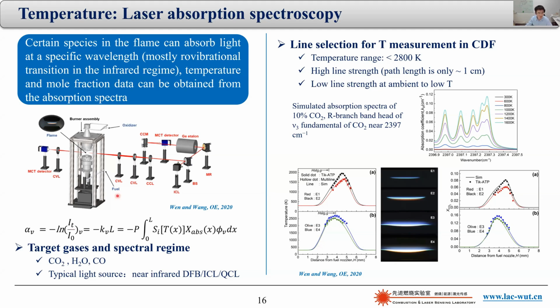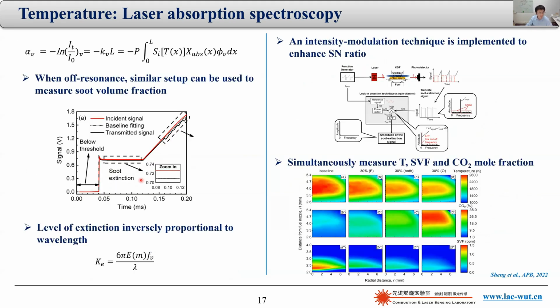Actually, this method is a workhorse now in our lab to measure temperature field in counterflow flames, because you don't have to worry about the intrusiveness and all the corrections I mentioned for the thermocouples. If you look at this setup, you can see that this is very similar to the one that we use for soot volume fraction measurement. So that makes us think maybe we can use the same setup to measure soot volume fraction and temperature simultaneously. And we were actually successful in doing this.